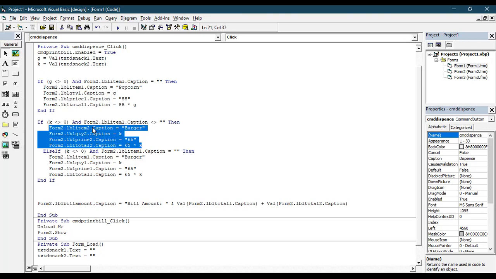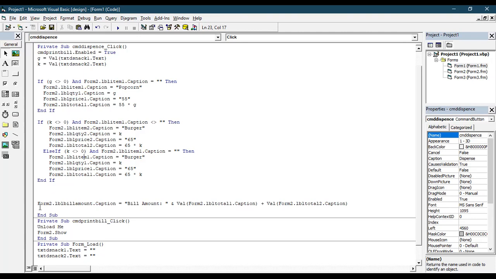The next form caption should be burger, the quantity should be K, the price should be 65, and the total amount should be price into K. Otherwise, in case only the burger alone is selected, you need to put the bill for the burger. So there are 3 if statements you need to write.